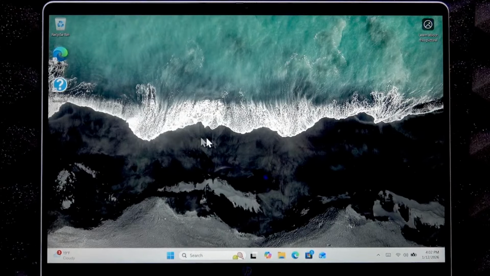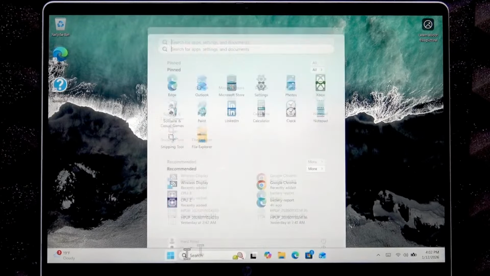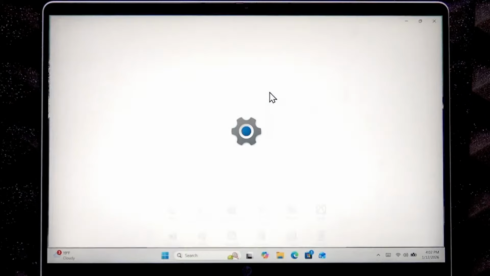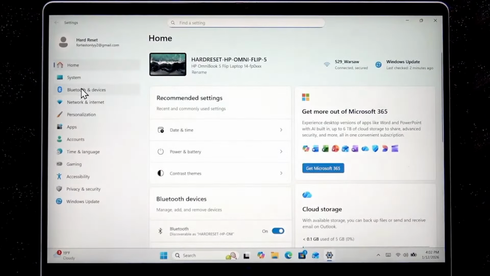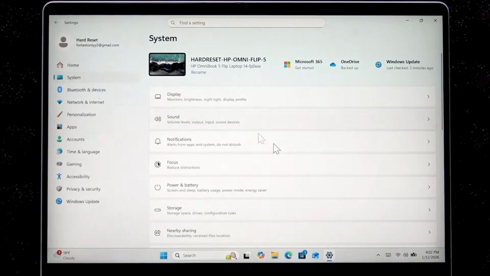And in case nothing helps you, then either reach out to HP customer support service, or as a last resort, you can also perform a factory reset operation on your device. And if you want to know how to perform a factory reset operation, we have a separate video on our channel about it. But if you don't need much guidance, just open settings, then go to system on the sidebar,